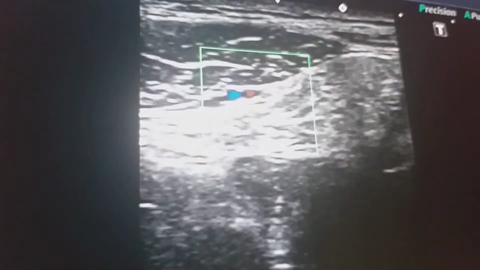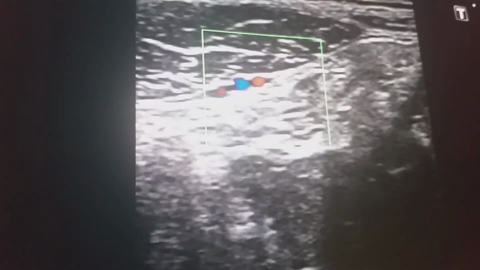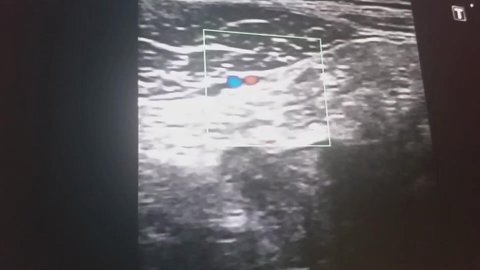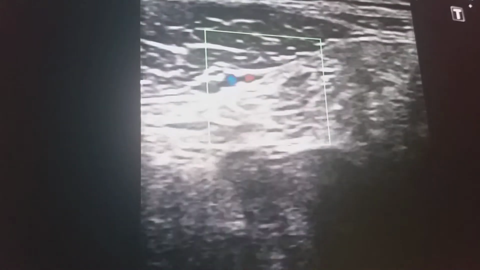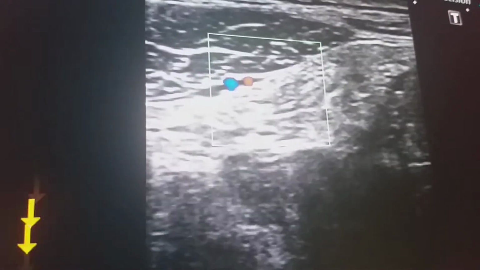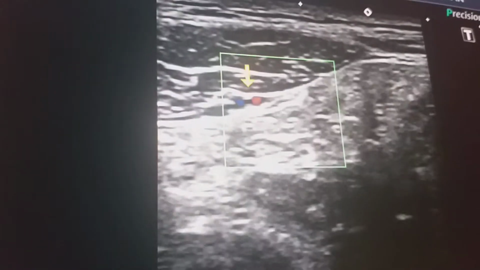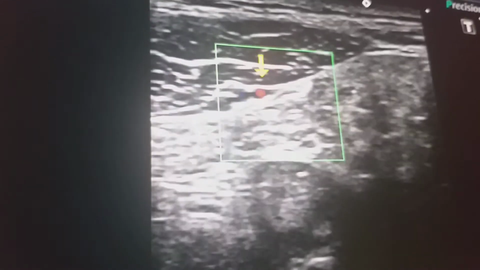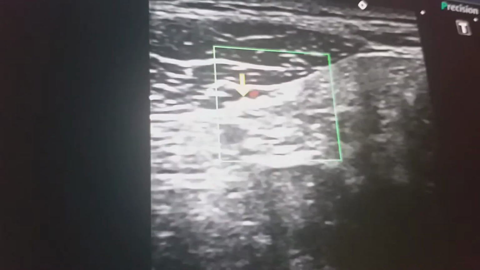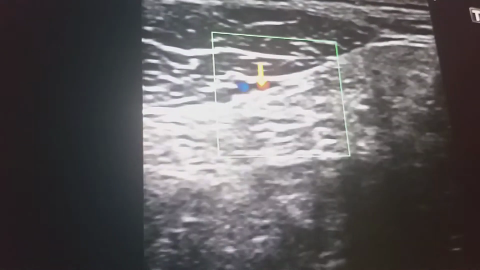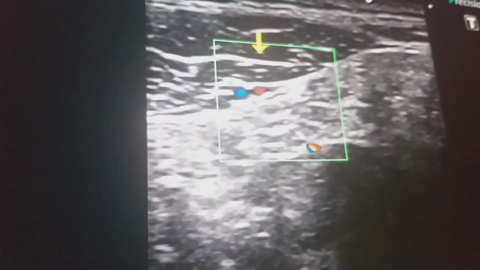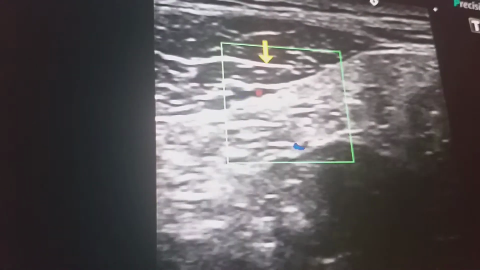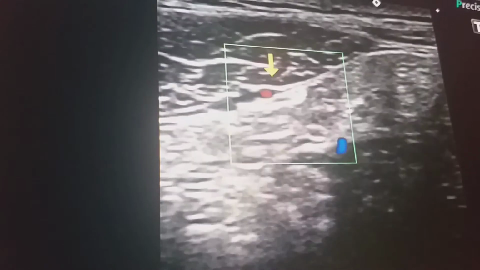with the color Doppler the pulsating arteries are present, and now I move, and this one is the rectus muscle. So these are present. The inferior epigastric artery is present at the posterior or lower aspect of the rectus abdominis muscle on either side. So now I am moving downward